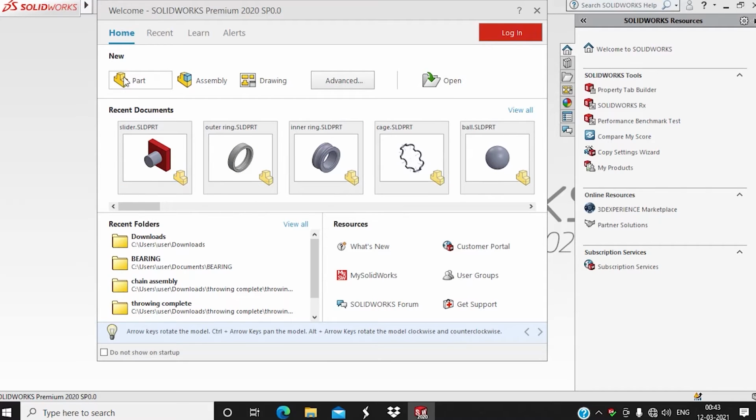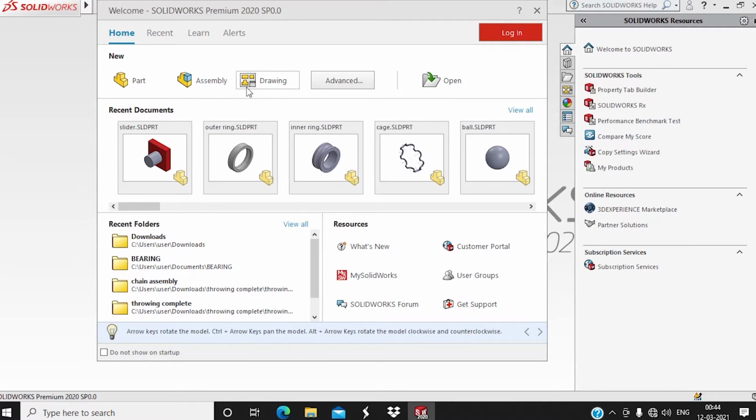And here there are three options: part, assembly and drawing. Part option is for creating parts. Part is a single 3D object. Parts are building blocks of every SolidWorks model. Next is assembly option. Parts are joined to form assemblies in the assembly option. Before we build an assembly, we need to prepare assembly components. So first we will create parts and then combine them in the assembly section.